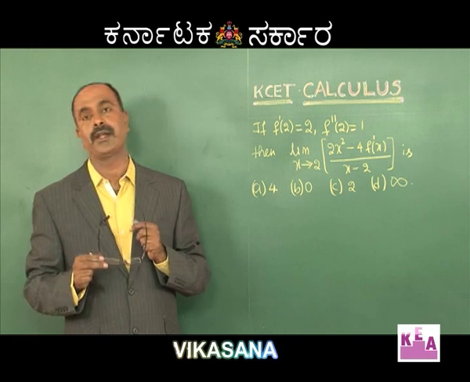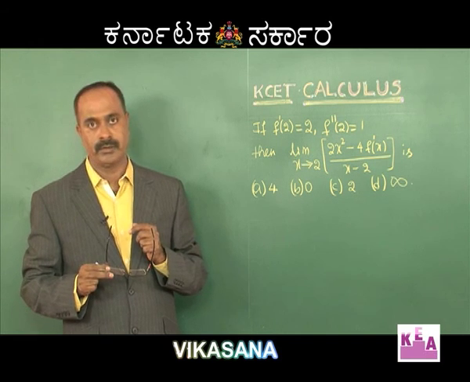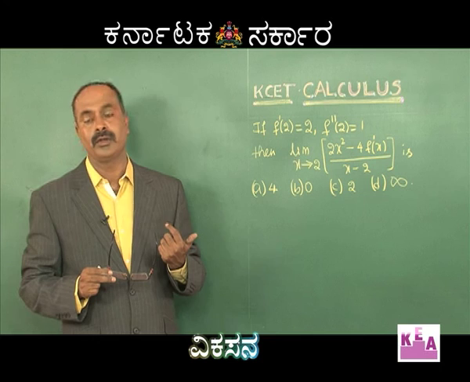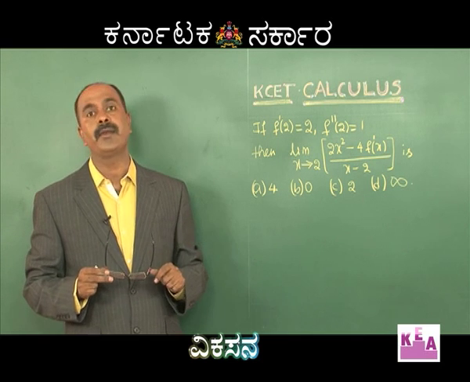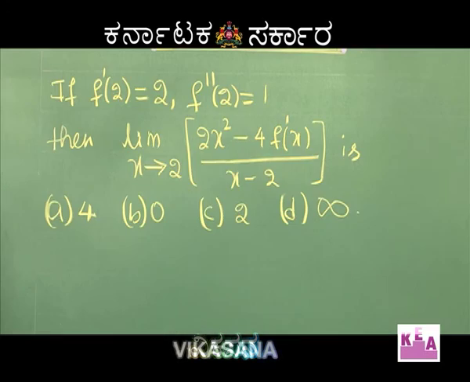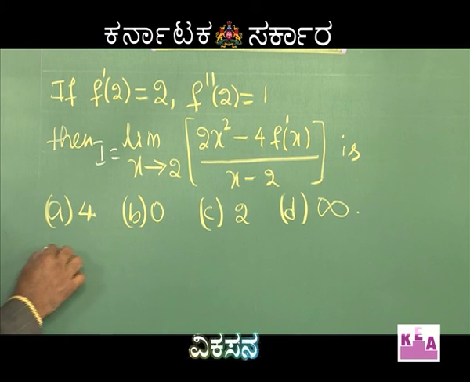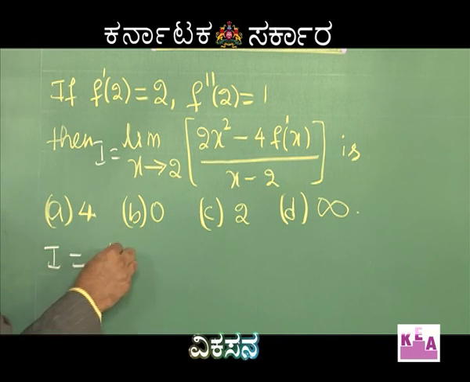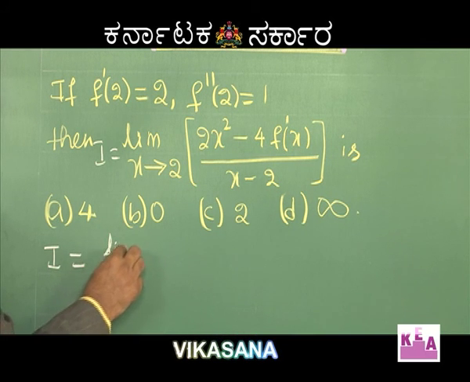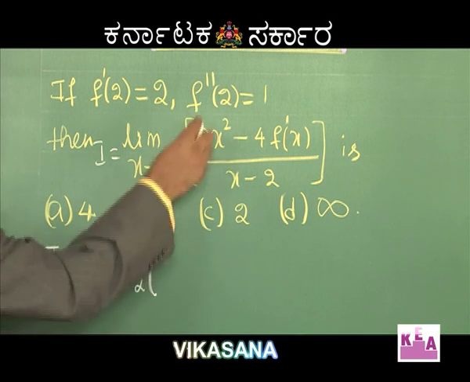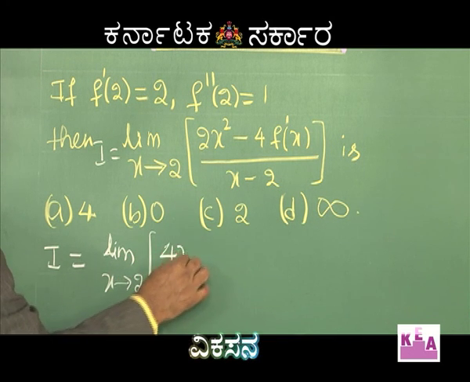I have already explained this while talking about limits. What is that rule? Differentiate numerator and denominator individually. Using L'Hospital's rule, let me call this as I. So I is equal to, differentiate numerator, what happens? 4x. Of course, limit must be written once again. Limit x tends to 2. So differentiate numerator, what happens? We will get 4x minus